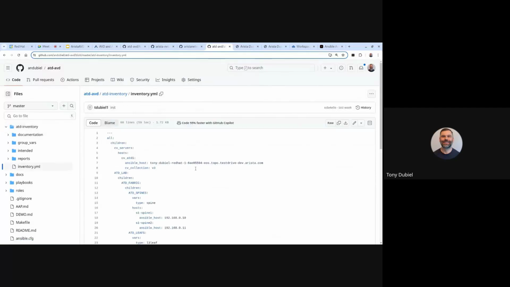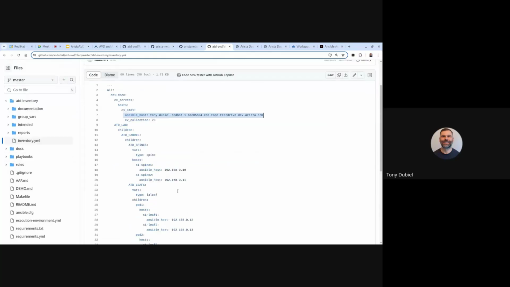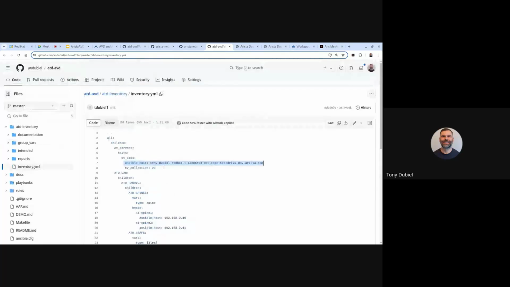You'll notice that mine's a little bit different than what you'll see in the documentation, because this is the public address for me to connect into that sandbox. Everything else is using private addresses, hence I can't connect to them directly, but I can connect to the CVP with this public address. So back in here,